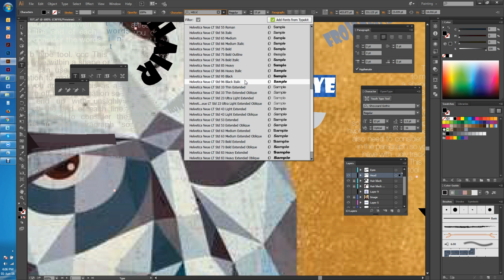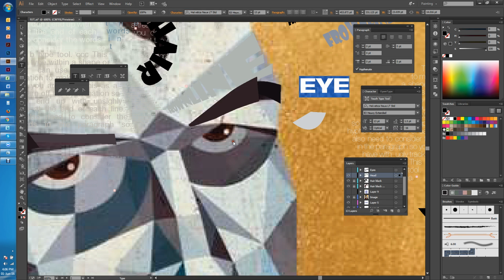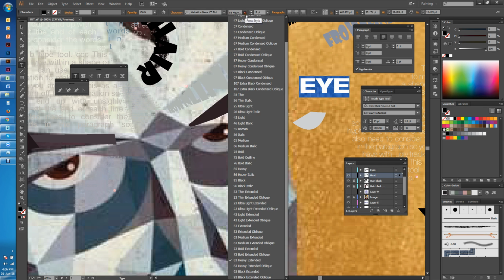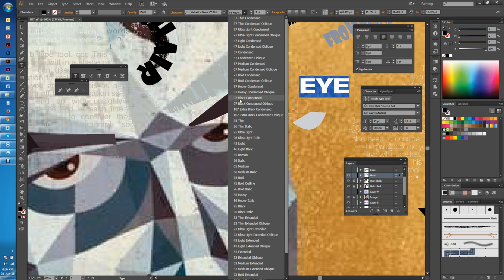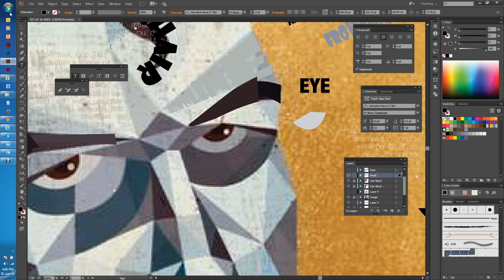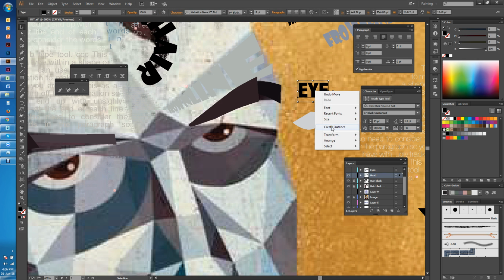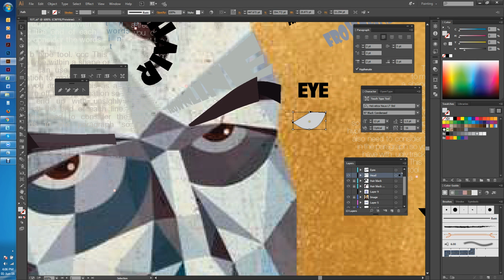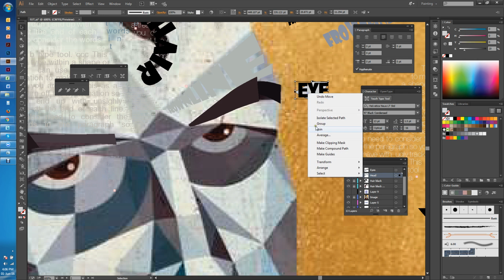I think they have a heavy extended. No, that's not right. I want a black condensed. That will do. And what I actually do with this, again, is convert it to outline, so I right click on eye, create outlines, and then put that eye shape over the top, arrange, bring to front,